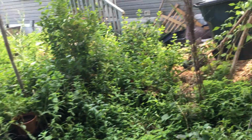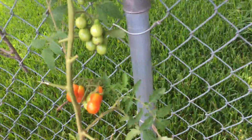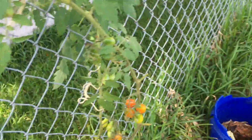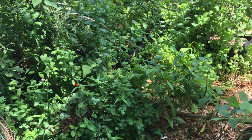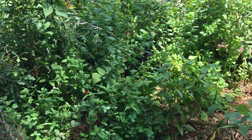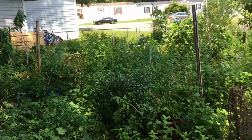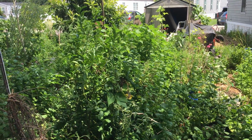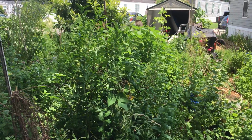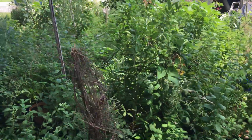So it's an absolute huge mess, and this huge mess costs me almost nothing now and produces more food than I know what to do with. It is the complete opposite of a lawn. A lawn costs you a lot of money to maintain and produces nothing. This costs almost nothing to maintain and produces a lot. But unlike a lawn, where we can convince ourselves that we have control, and convince our neighbors that we're so wealthy that we don't need to use our land to grow food,